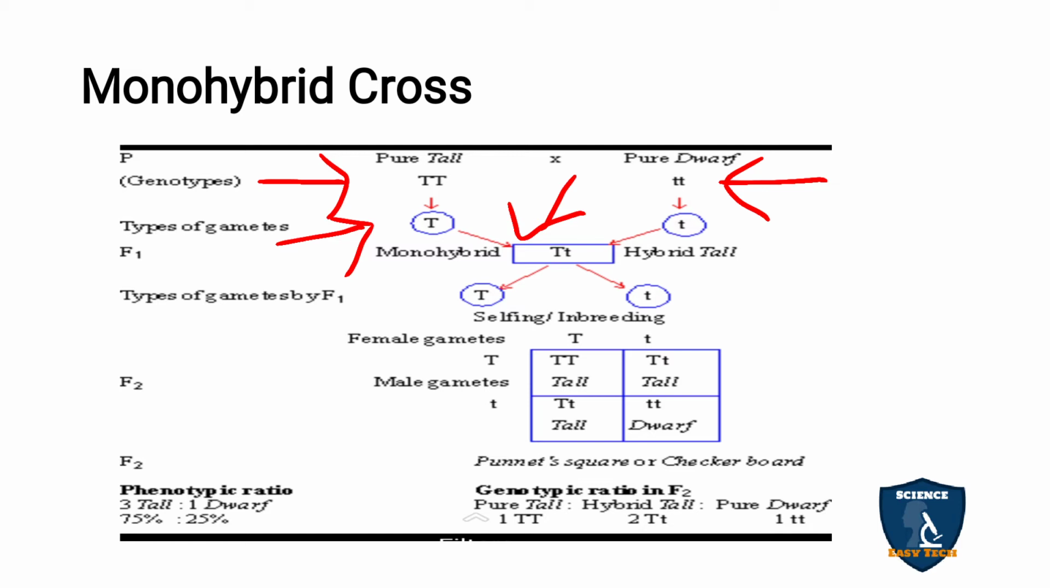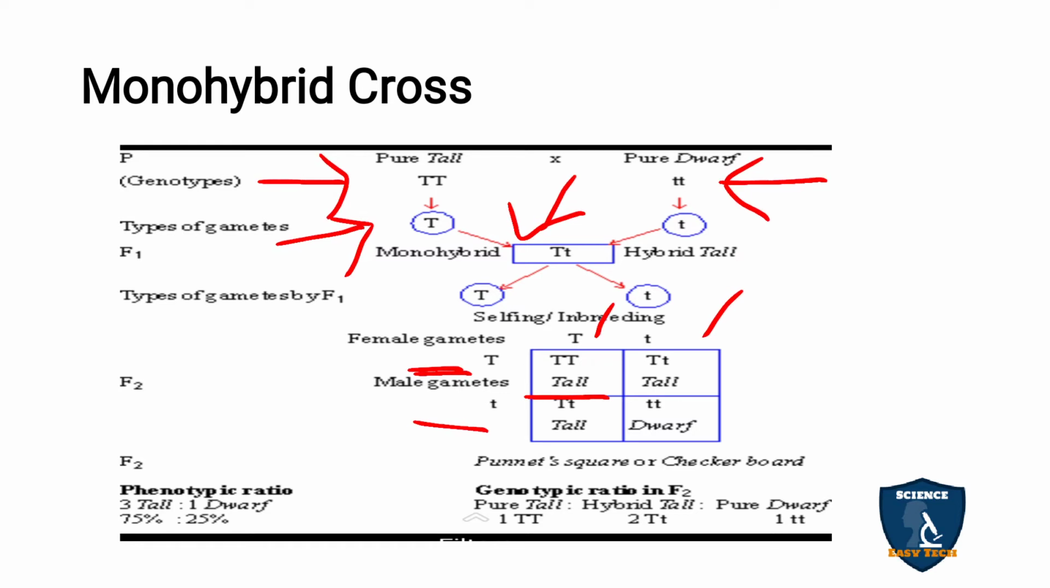So now after selfing, you are putting a checkerboard, with the male gametes on one side and the female gametes on the other. Here you are putting capital T small t on this side, and capital T small t above, and you are putting it as capital T is